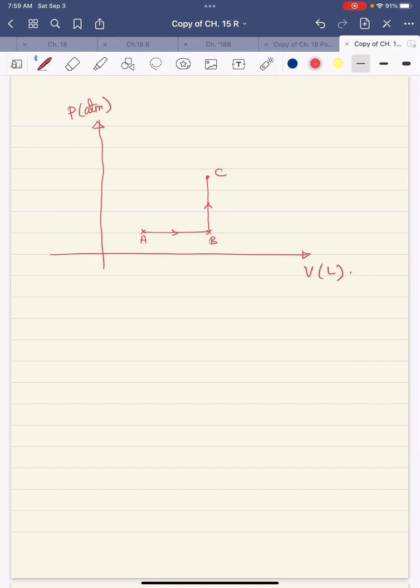And of course, my system can also go directly this way. The work W and Q, the quantity of heat,